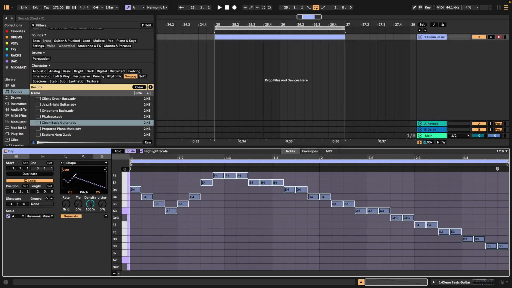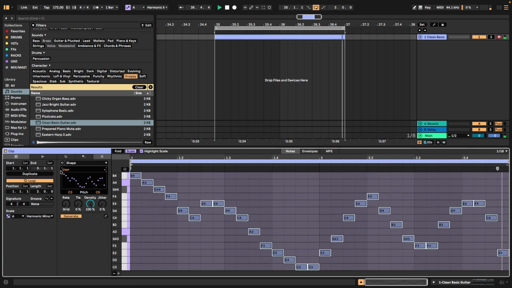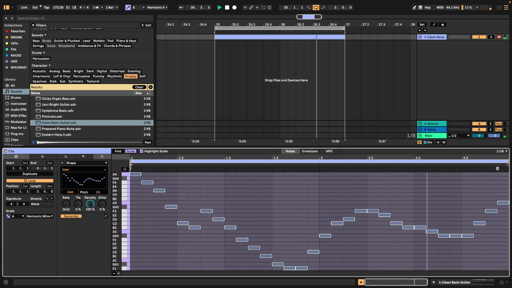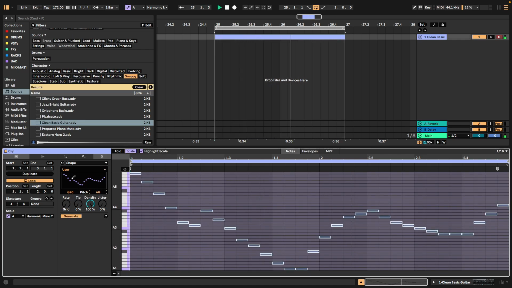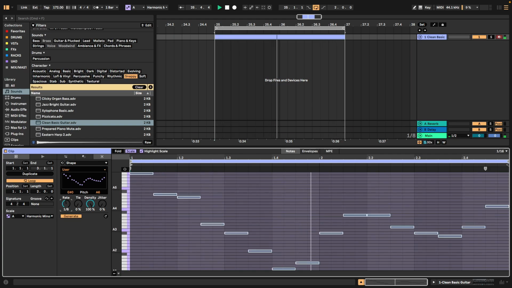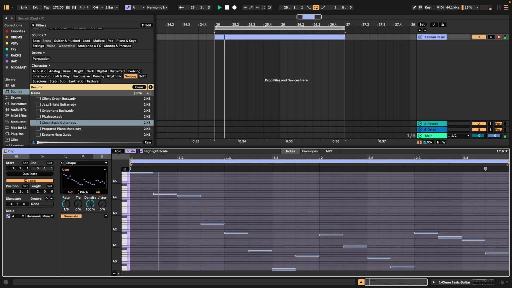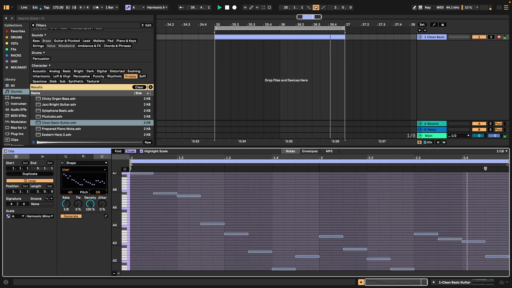Now in the user mode, I'm drawing a shape, and then I can fix a range, maximum and minimum value for this pattern. Then I can choose rate to choose how many notes I want in the shape. And there are many more possibilities when choosing also the range.